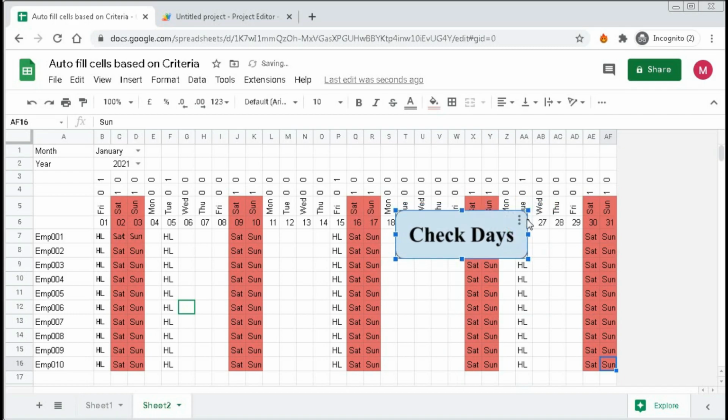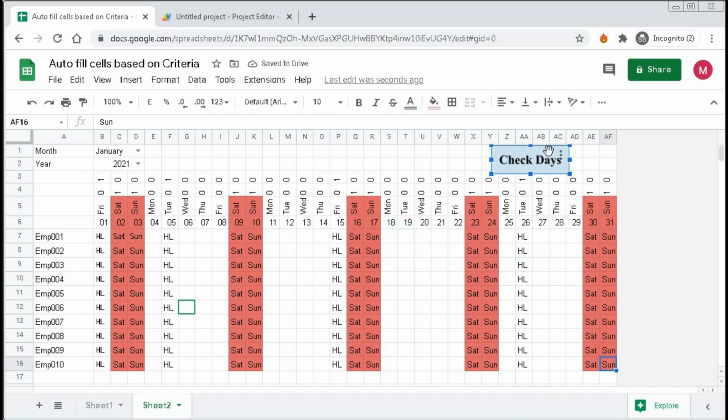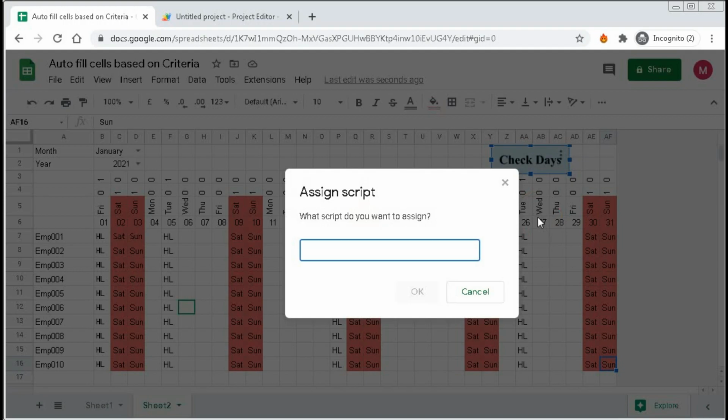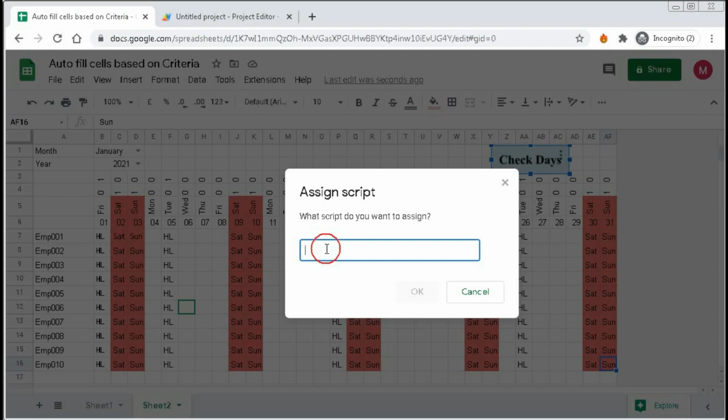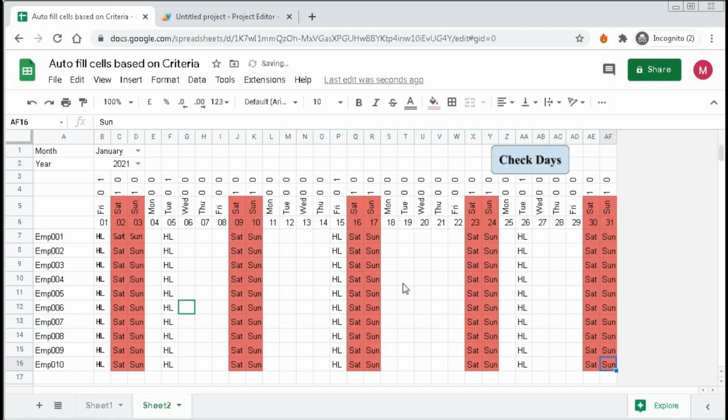Now you can make it smaller and put it at any comfortable place, and you can see here three dots. Click on these three dots and click on assign a script, and you know that your script name is my function. So copy this with Ctrl C, then go here and paste it here with Ctrl V and click OK.